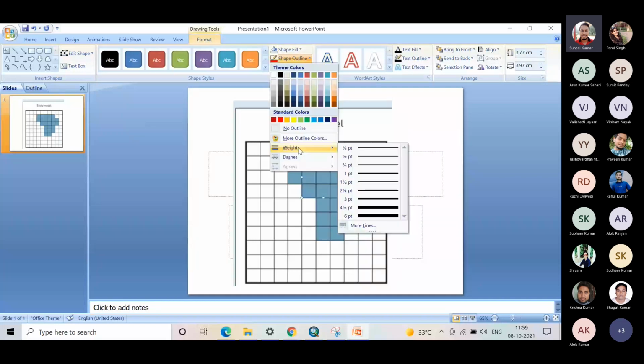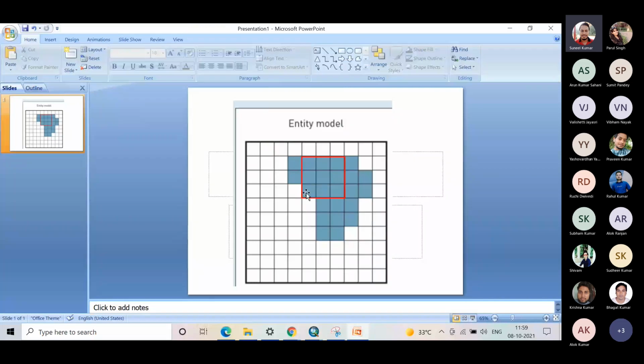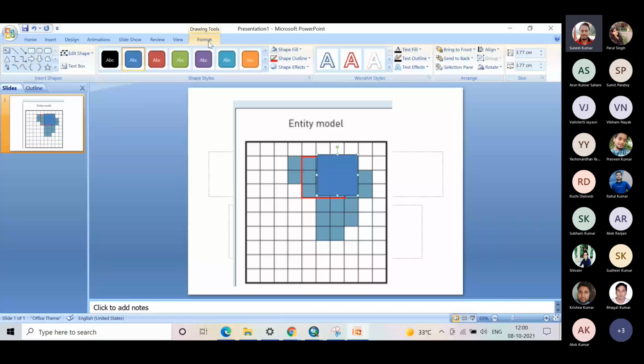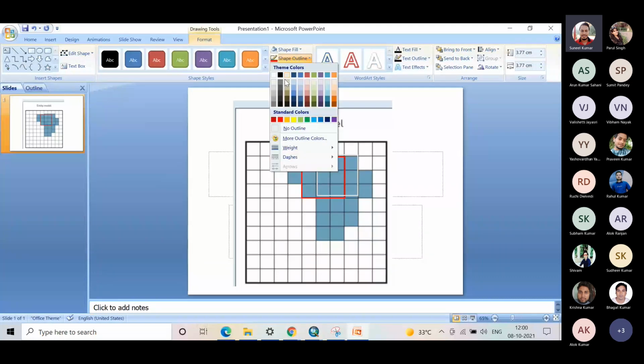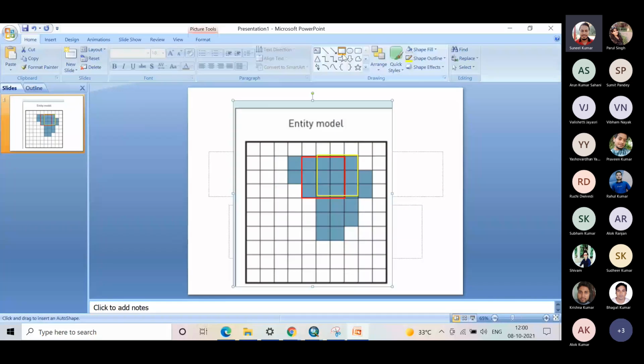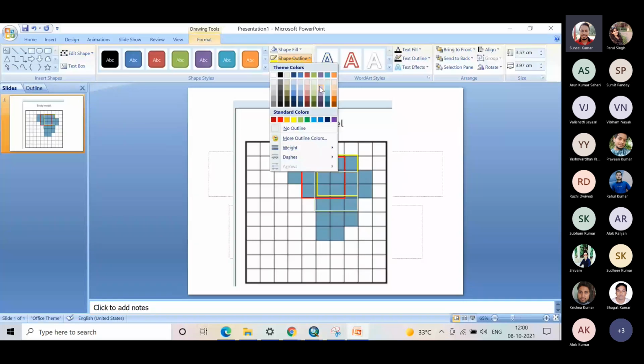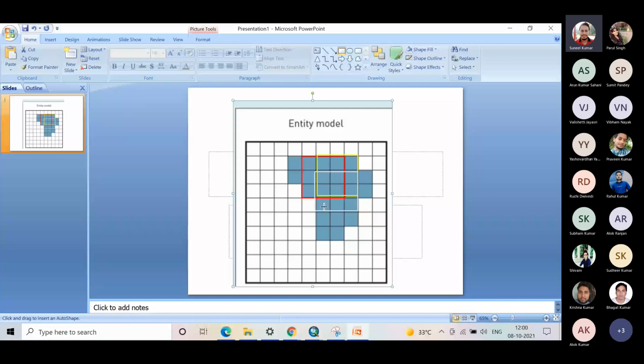तो एक बॉक्स आपका इस तरीके से बन सकता है। ठीक है, दूसरा बॉक्स इस तरीके से भी बन सकता है। ठीक है, तीसरा बॉक्स ऐसे भी बन सकता है। फोर्थ बॉक्स, एक ऐसे भी आप बना सकते हैं।